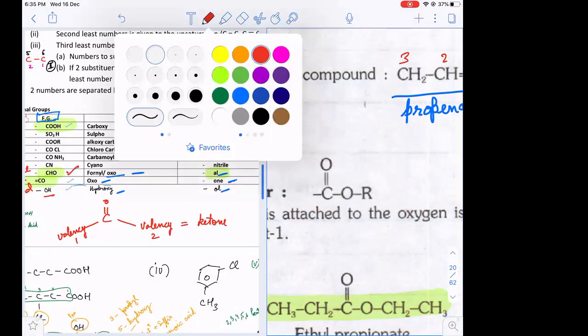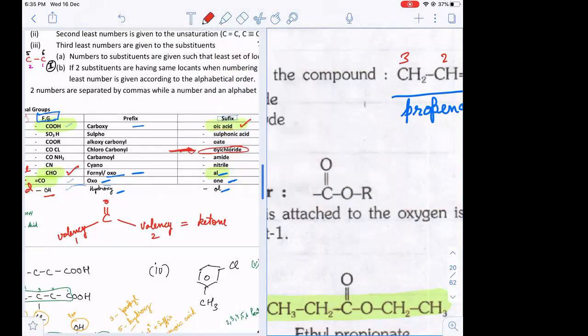Please see, when naming esters, let me tell you what we do. We write alkyl alkanoate. Let me explain. Now you must be wondering what alkyl is and what alkanoate is. So please see. In an ester,